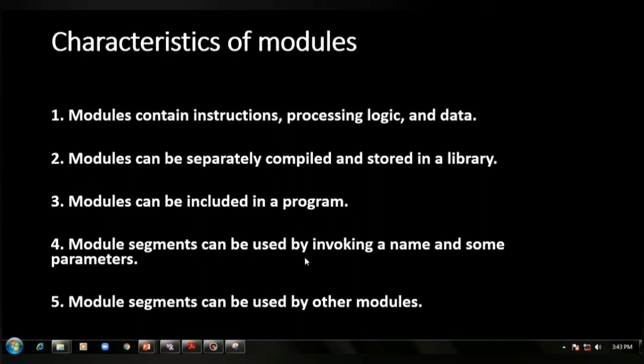Module segments can be used by invoking a name and some parameters. So we can include a module by using its name and some parameters associated with that module. Module segments can be used by other modules. One module can be used by other modules also. That's all about the characteristics of modules.